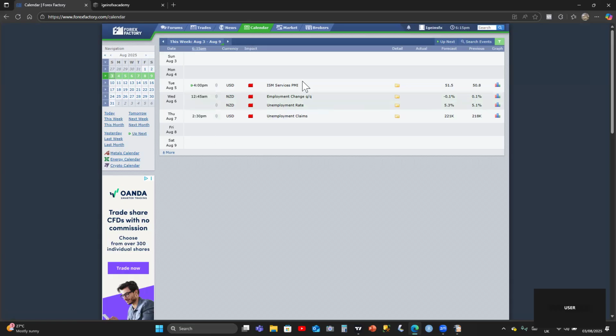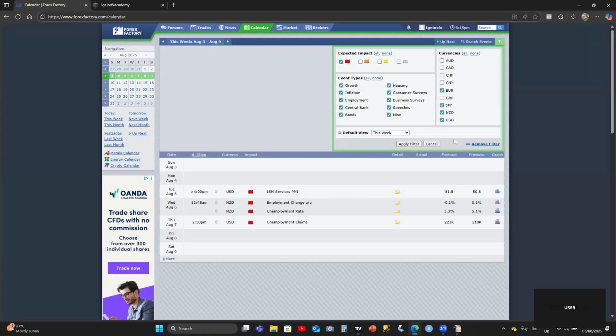Now, it depends on the currency pairs that you trade. As a trader, you cannot be trading all the pairs. So you need to choose like two or three pairs that you always focus on. In fact, as somebody who is just starting to learn how to trade, it is even advisable you stick to one. You pick one currency pair and always trade that one so that you can study it and know how it moves. So if you go to filter here,